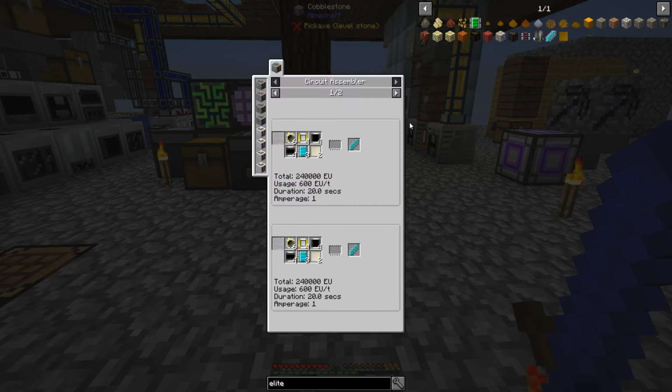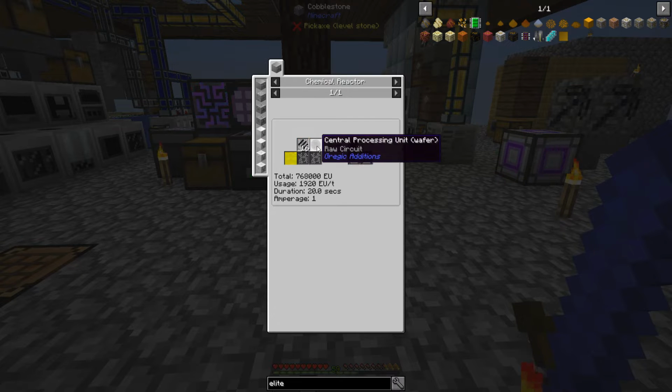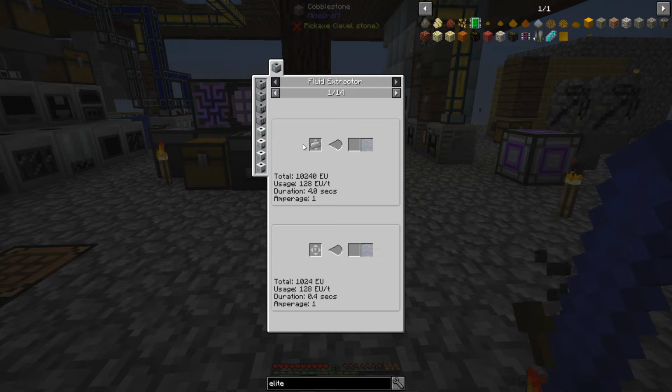I'm trying to remember why I was even doing this. This is what I needed. So I need these nano CPU wafers, and to do that I needed a chemical reactor. So glowstone and this, and then raw fiber. So these things I can get palladium and an autoclave. Carbon dust. Palladium